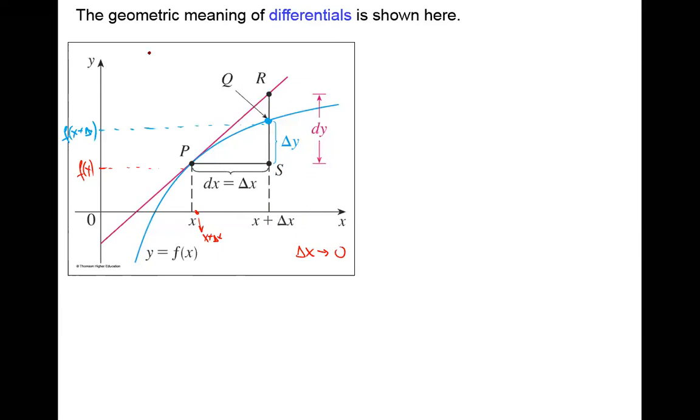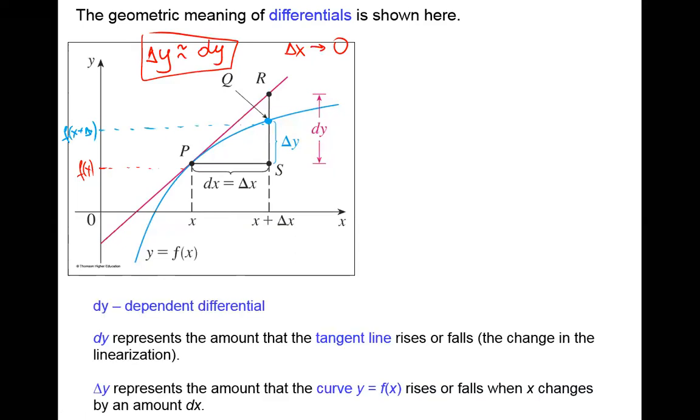That means if it's almost 0, delta y and dy will be almost the same. Right? Delta y and dy are almost the same if the difference on x is almost 0. If this is teeny tiny, both of these lines are almost the same. That will be the idea of approximation. But first of all, let's put the meaning. What is dy? We will call dy the dependent differential. That means dy represents the amount the tangent line rises or falls, depending on the slope, changes in the